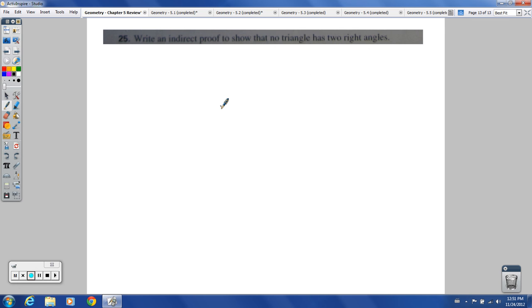So 25, final problem here in this chapter review. Now we're writing the whole proof. Prove that no triangle has two right angles. So we would have something like this for a triangle to actually have two right angles. Let's go with PQR. So we're going to assume a false picture. We're going to assume that this is a right angle and this is also a right angle. So starting our proof here,